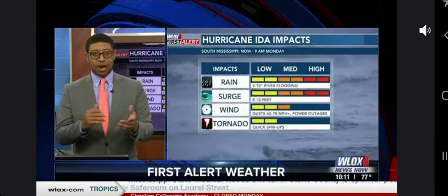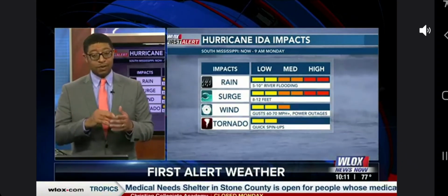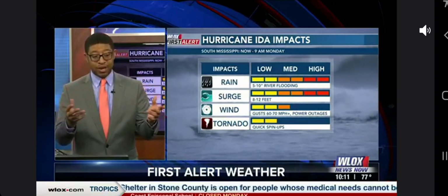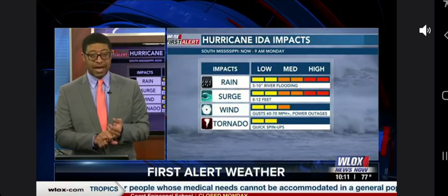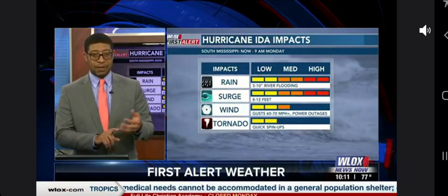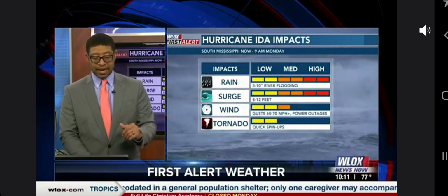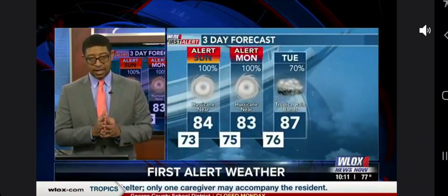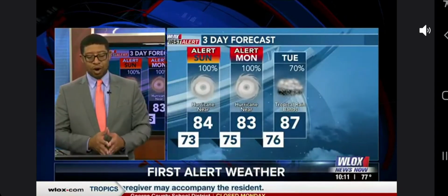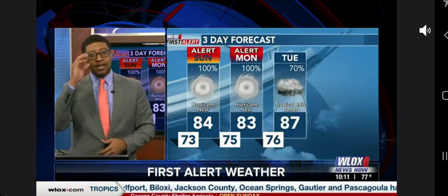We just showed you why we don't have a high wind threat, but even though it's not a high wind threat, tropical storm winds are going to cause power outages. They are going to cause significant damage. It's just not going to be as extreme as Louisiana. And again, we will see the main threat from this for us, mainly rain and surge. So wrapping up your 3-day forecast, again, your impacts today, tonight, tomorrow, and then the storm will move far enough away from us by Tuesday that we will begin to see